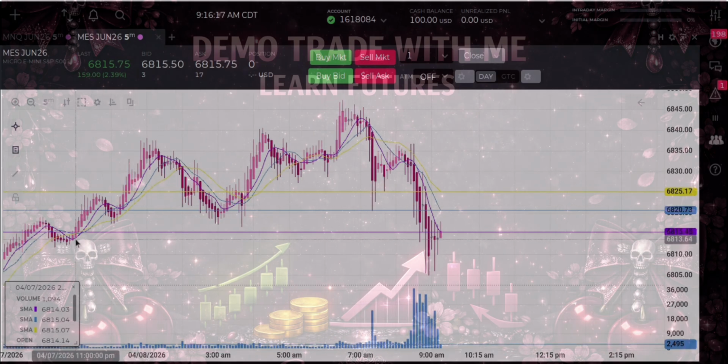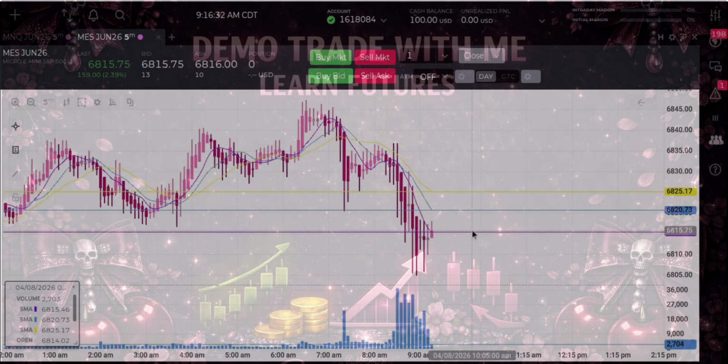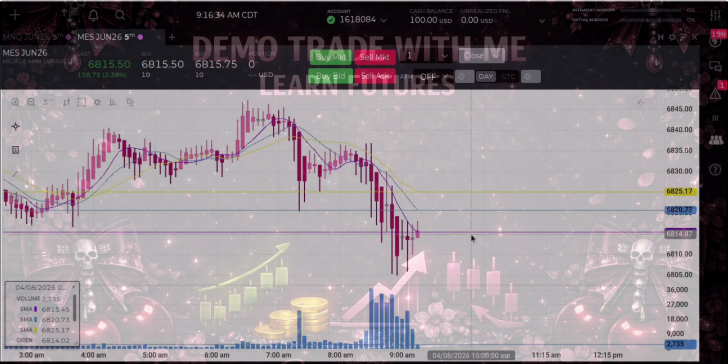So Heikin Ashi candles are going to color code your charts. Any upward price movement, all the candles are going to remain the same. You don't see any mix of colors. If there's downward price movement, all the colors are going to be the same. And I love these because